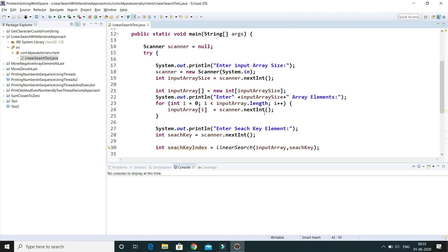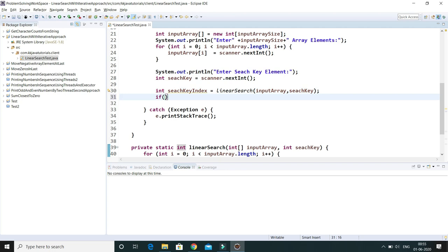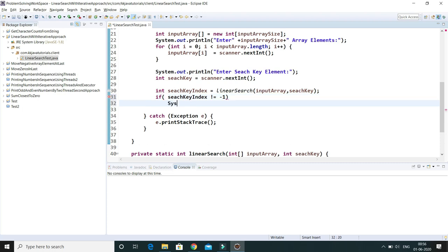Now almost we are done, but here you have to check if the search index is not equal to, let's say, -1, right? If that is the case, that means we got the element.